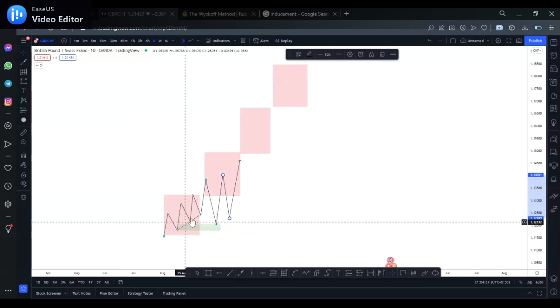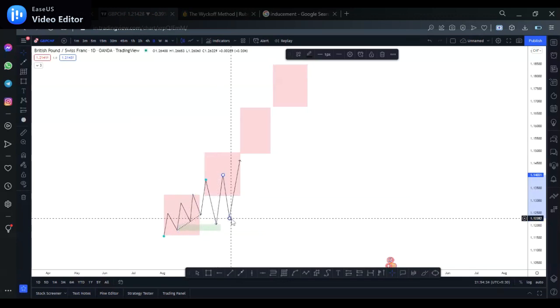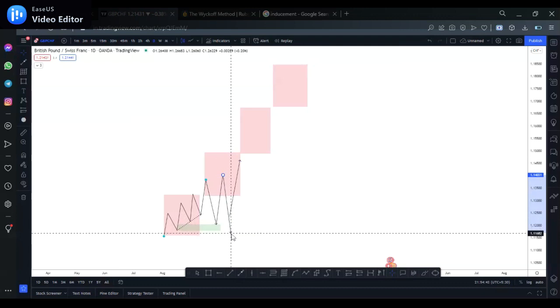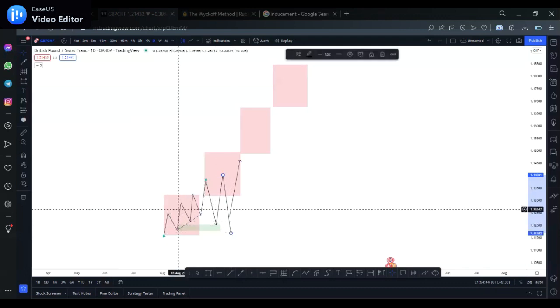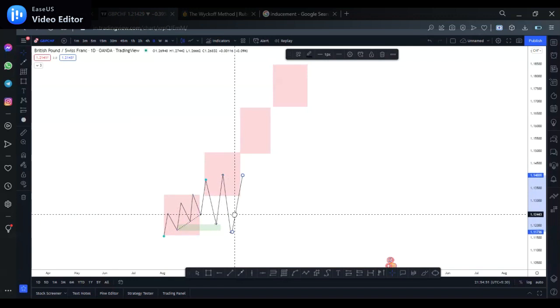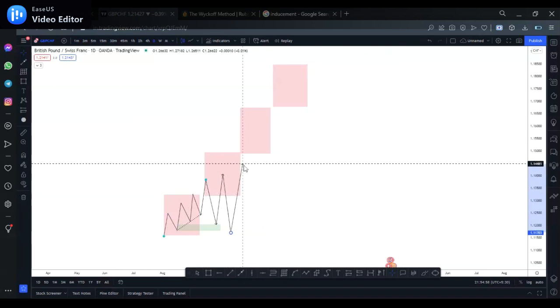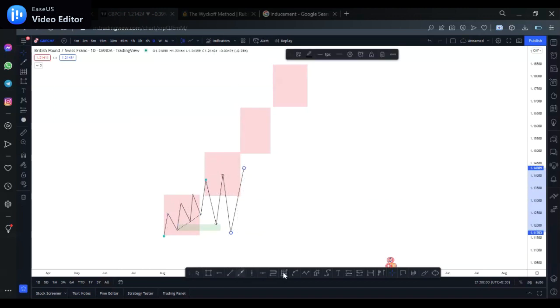Not this. This is liquidity. Okay, this was liquidity that was created for the range, but this is the inducement. This was what persuaded the buyers into the market. So what you expect them to do when you say they're coming out to take out an inducement is because you're expecting them to take out this low and then finally clear out the liquidity within this range. All right, which then means their intentions within this range are finally completed. So now they are free to move back up and create a new range which should look like this.